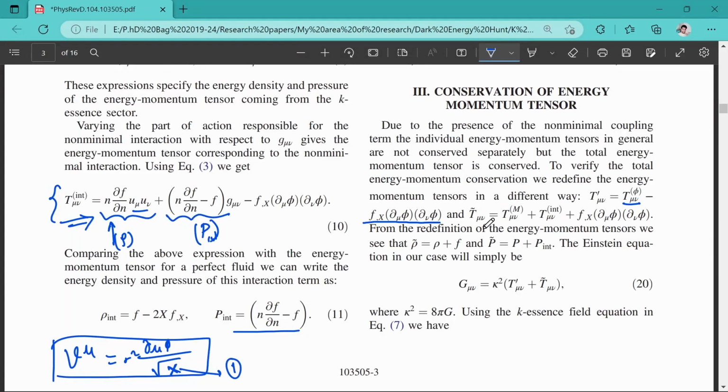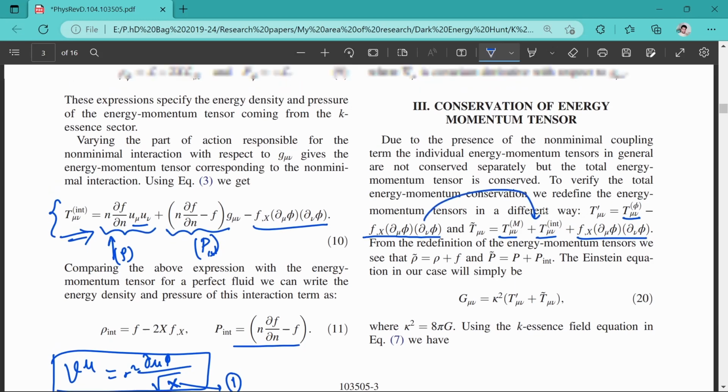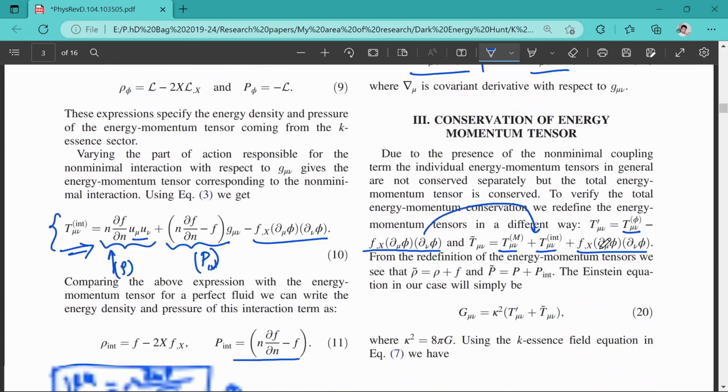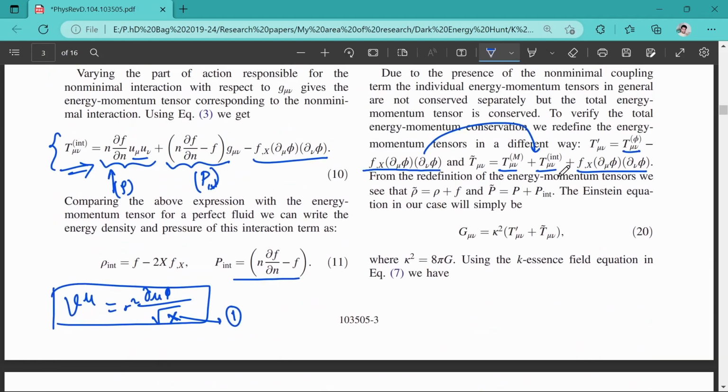We have defined T_μν tilde, and one needs to add again f comma x ∂_μφ ∂_μφ. In such a way, these two things have to be really the same, because the T_μν interaction again carries this term. If you expand these things, this cancels and you will always get this negative term, which is part of the T_μν interaction. So in some sense your T_μν total is always identical, irrespective of how you define this T_μν prime and T_μν tilde.